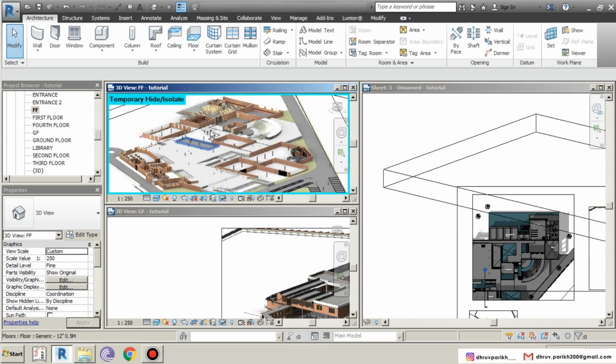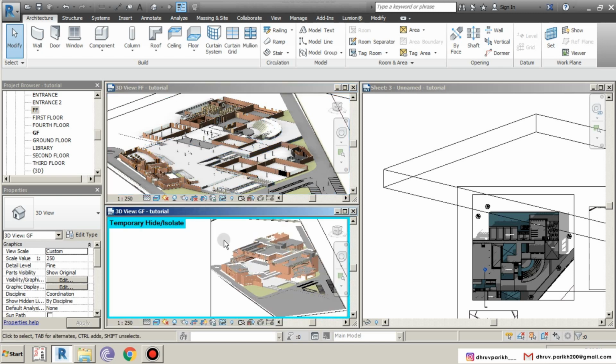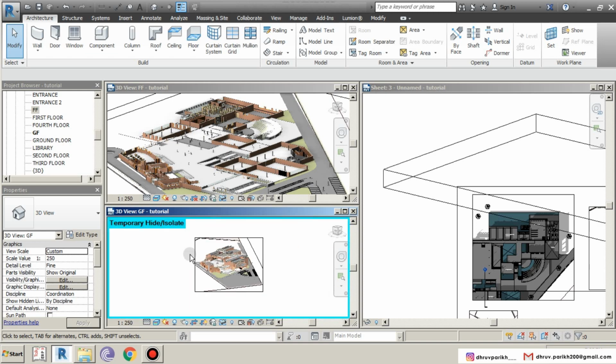So my ground floor for exploded view is ready. Let's go to first floor and cut the structure like this.